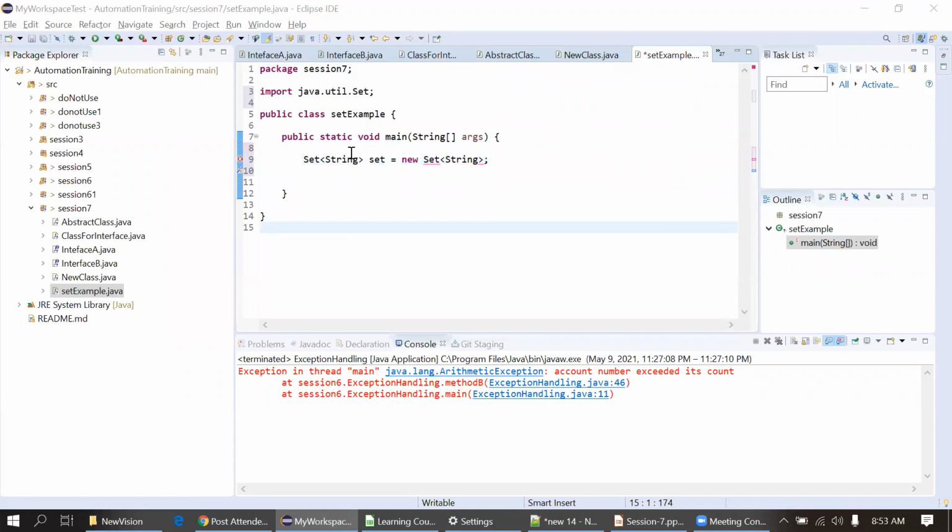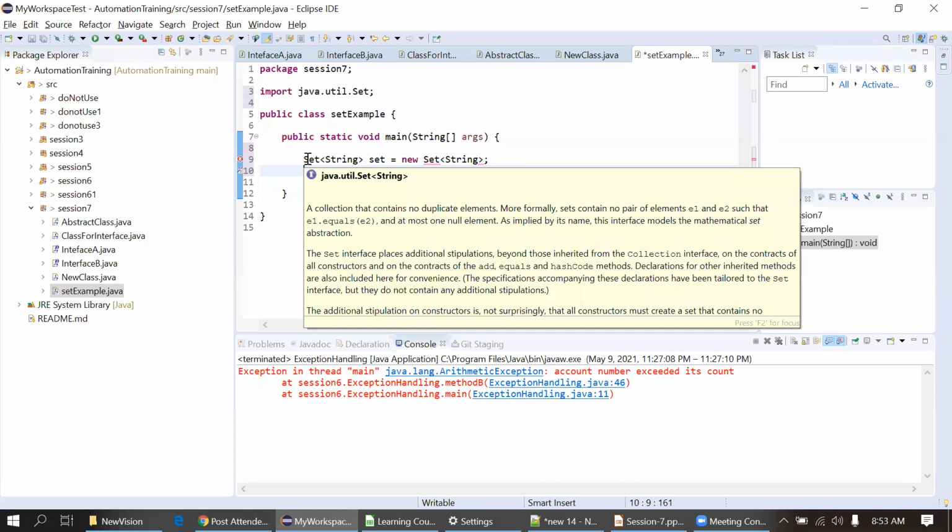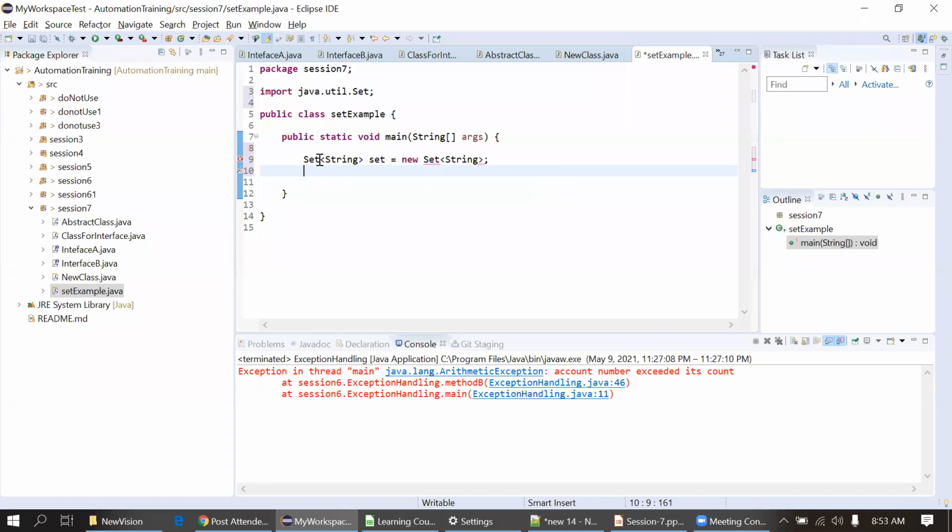Why am I not able to create an object of this set? Yep, right. It's an interface actually. So we cannot create an instance of the interface. That is the answer. So I will just use the hash set here. That's the implemented class.